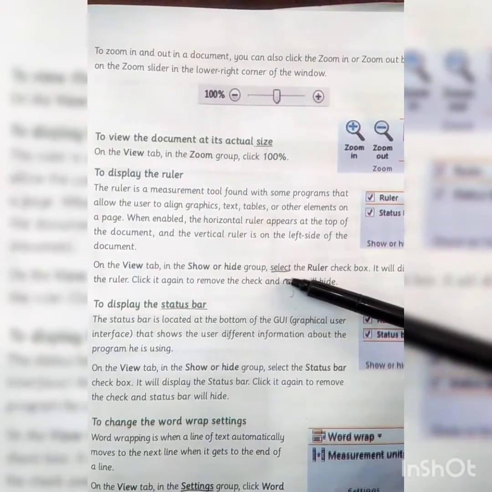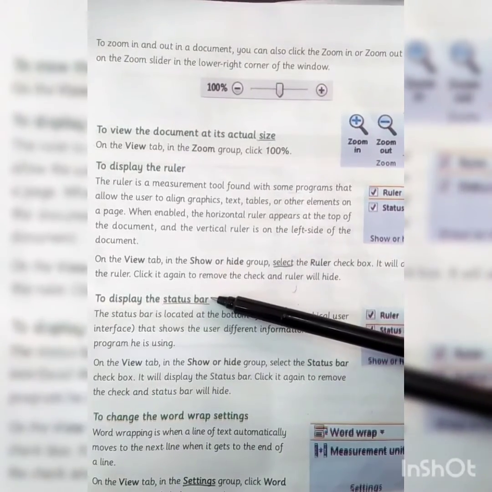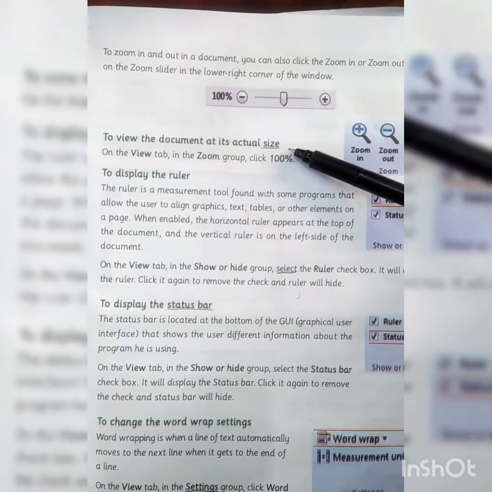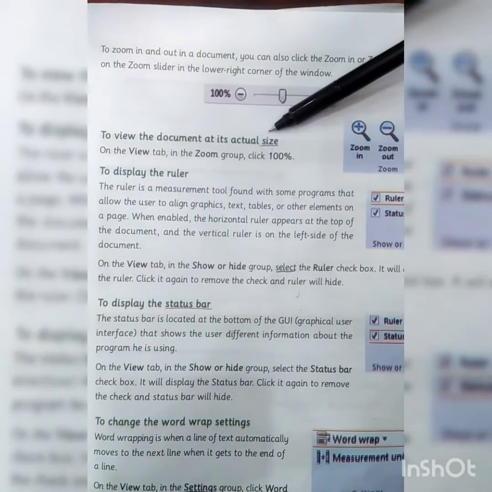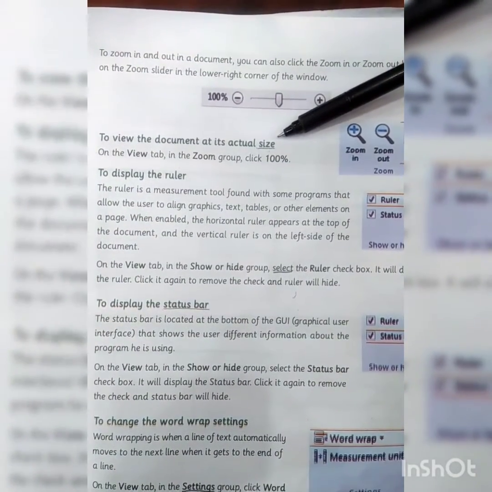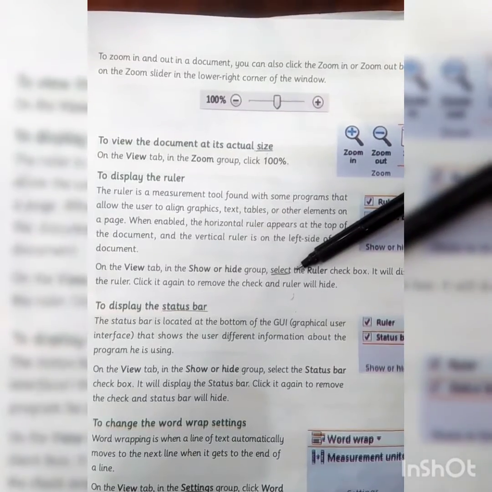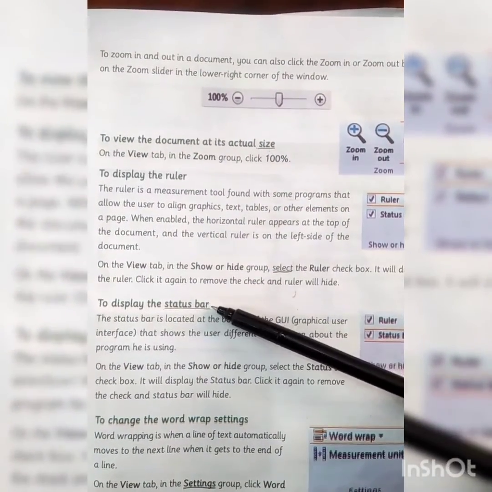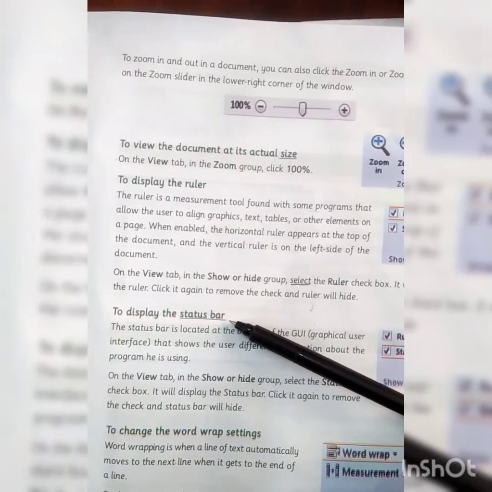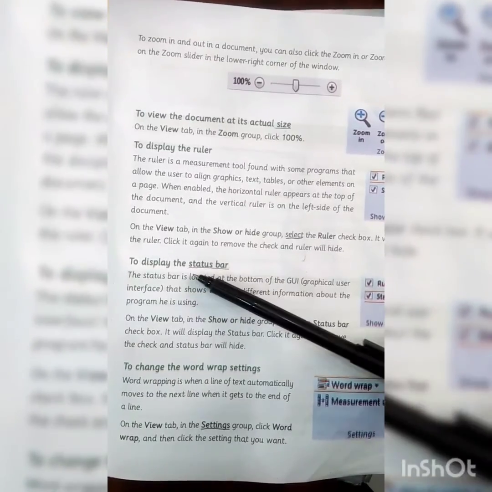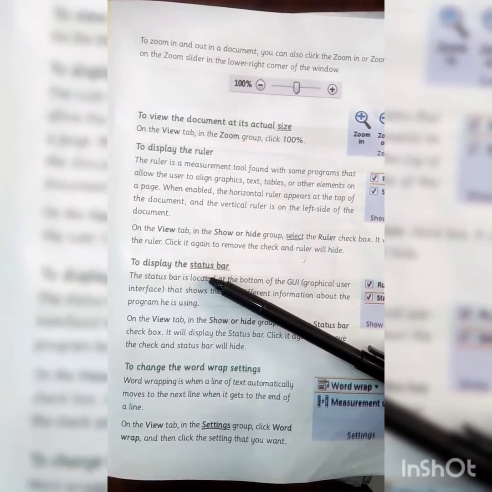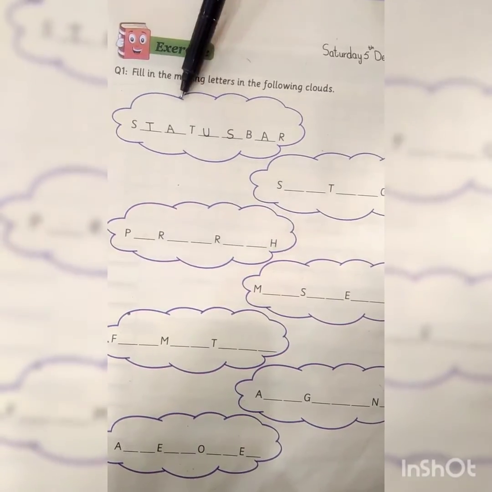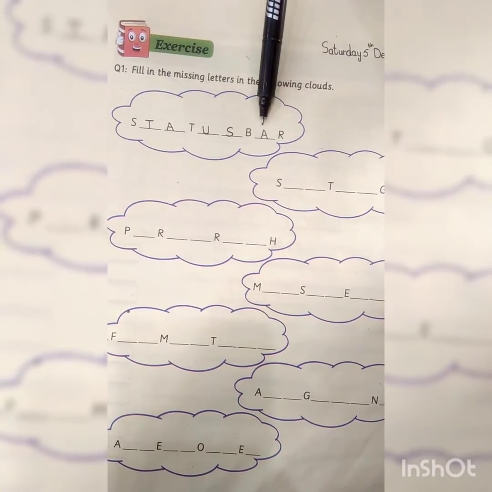Next we have underlined select, status bar and settings. So let's count their letters. Size has 4 letters. Select is 6 letters word, whereas status bar is 9 letters word. So status bar is our desired word. Students, we have found our first word, that is status bar.